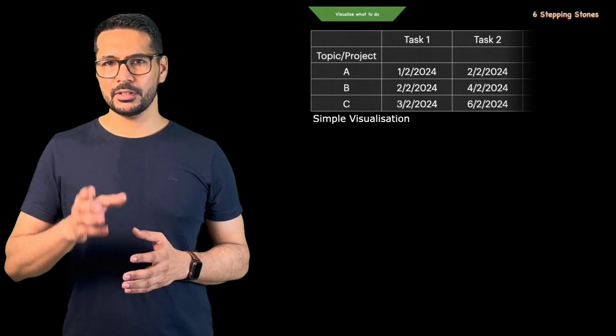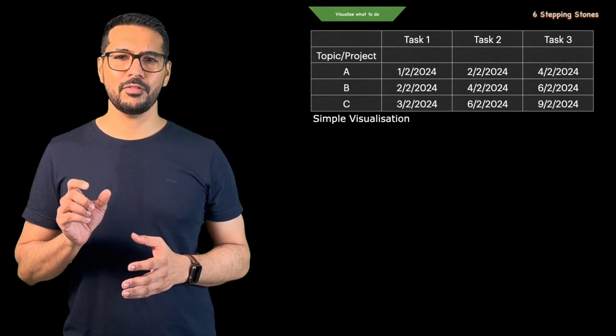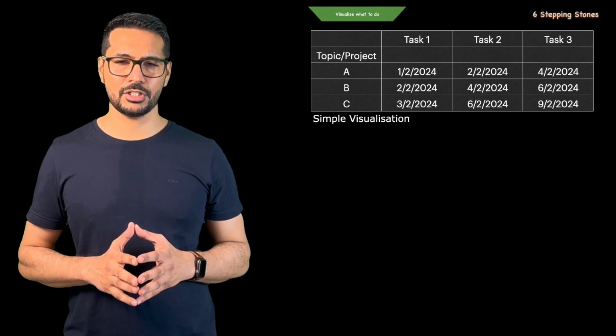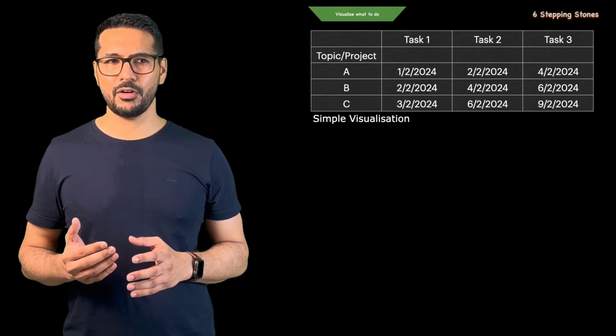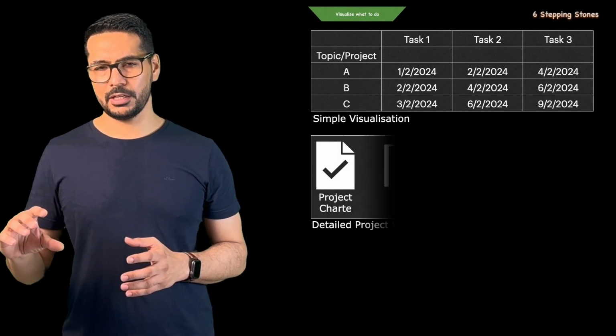In the first example, we see a very simple visualization where we have tasks and we have the topics or projects, and we have clearly defined by which time they should be finished. Very simple visualization. The second way of visualizing in some areas could be in the way of project management, in which we are visualizing, maybe electronically or on a bigger wall,